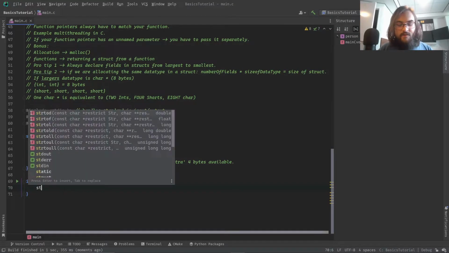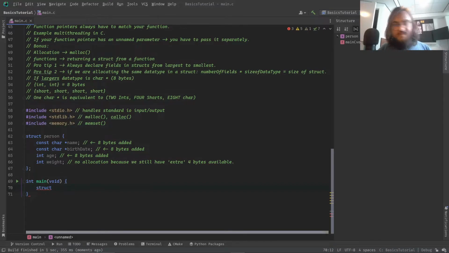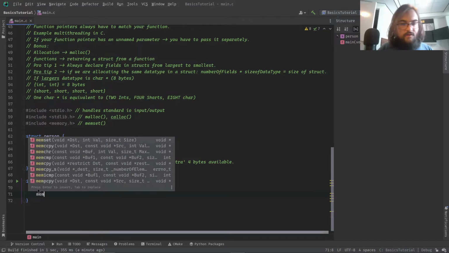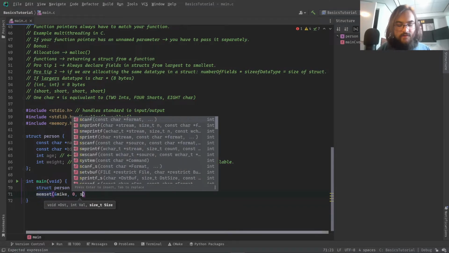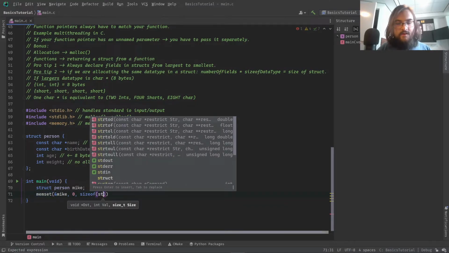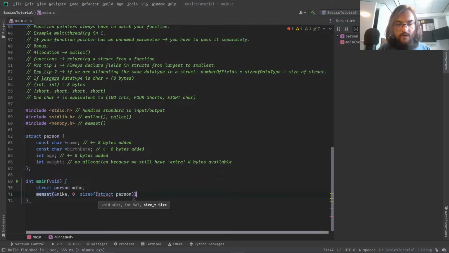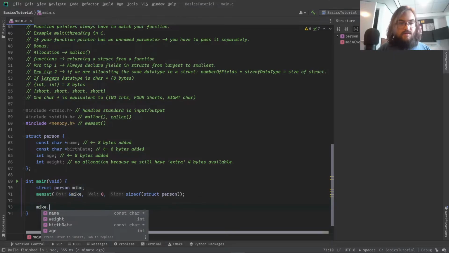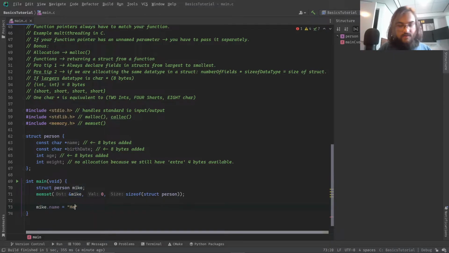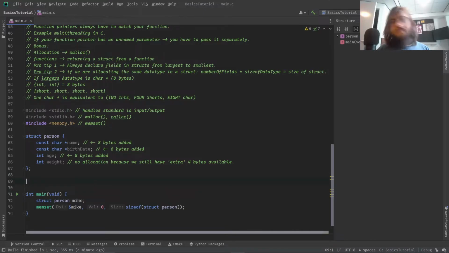So this is how we create a struct. You already know that. Obviously, use the memset function. Always use the memset function if you are using a struct like this. Always, always, always zero out your structs. This is really important. Otherwise, you're going to receive some very weird behavior from your program. Now we can start assigning variables like this, but that's actually not the preferred way. I'm going to teach you how we can actually initialize these with